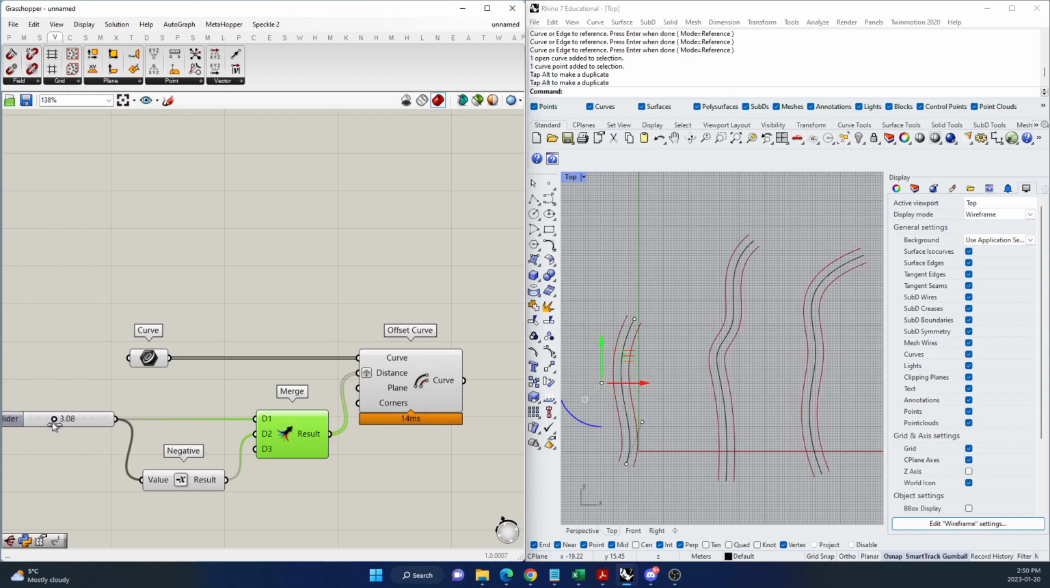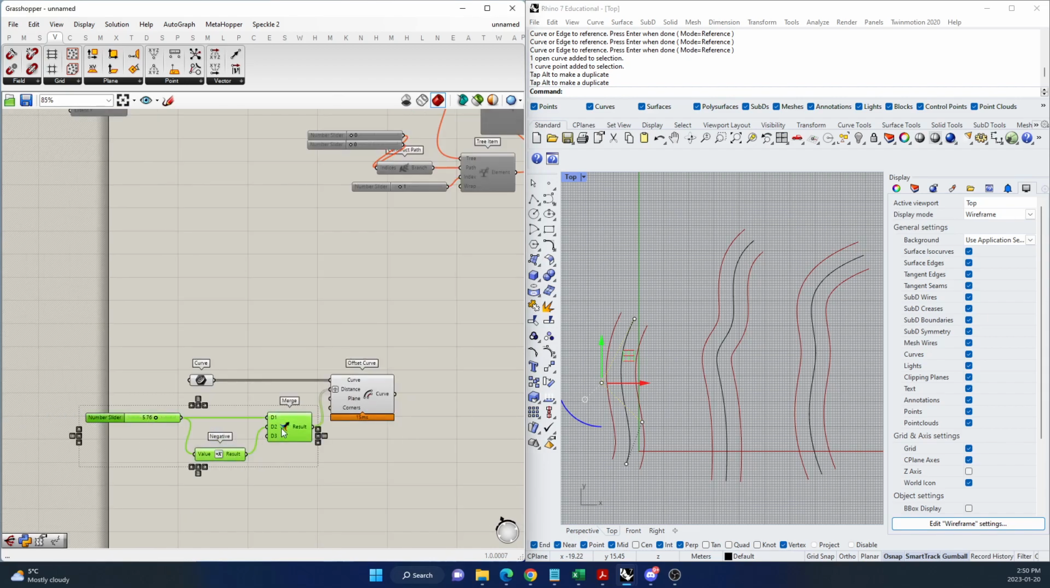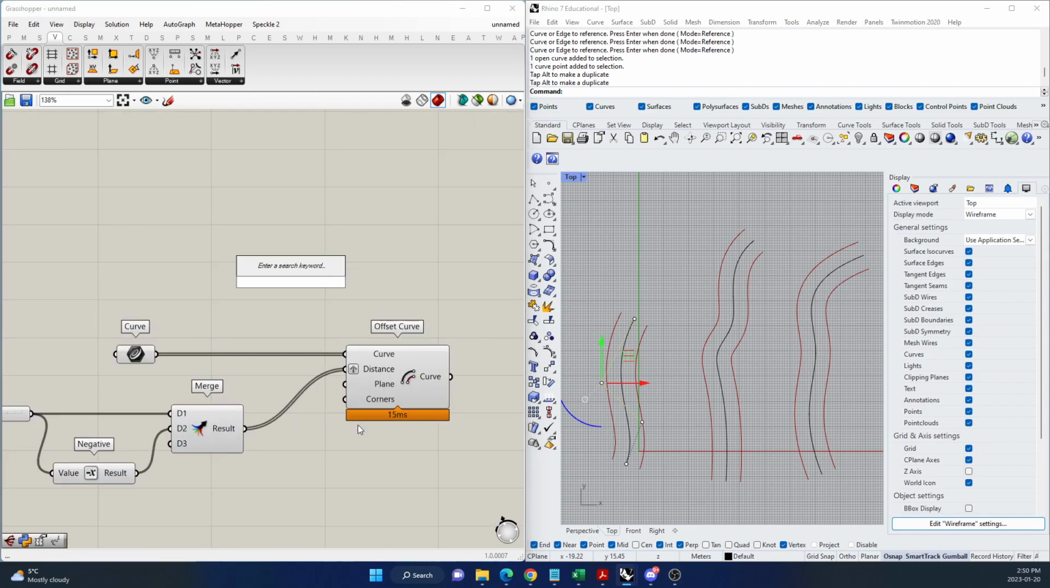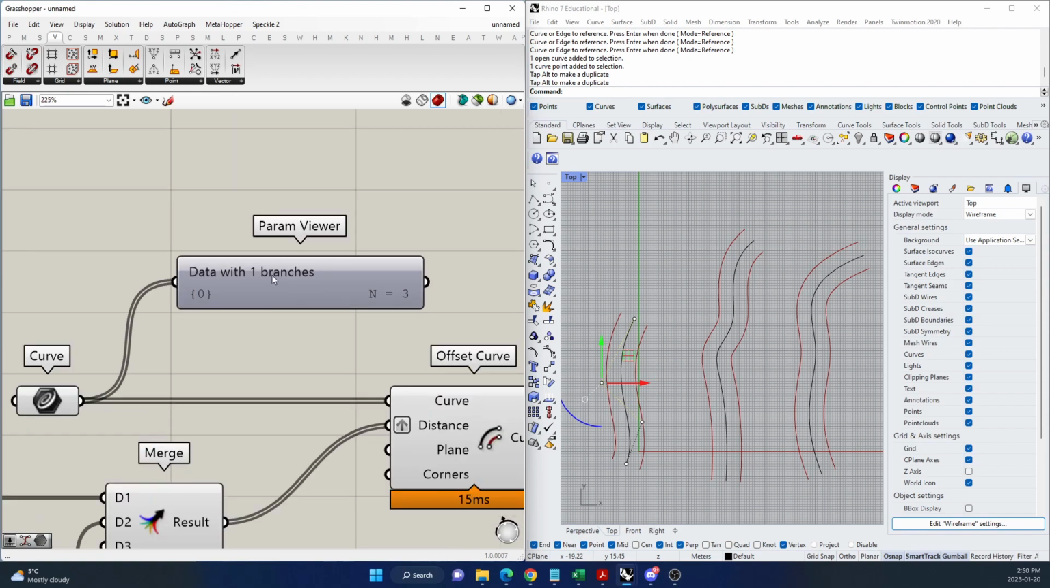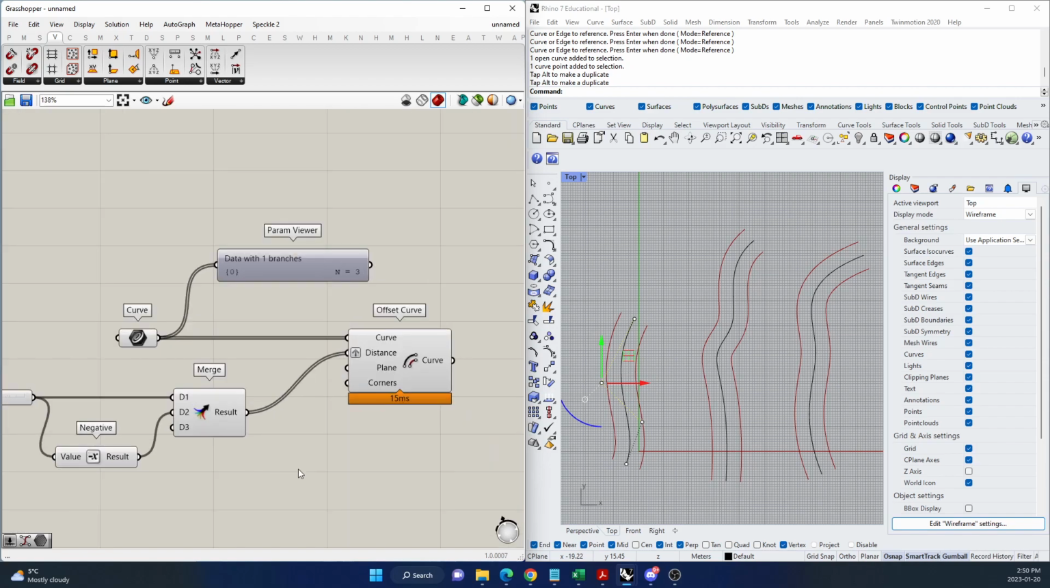See? Just by putting this into a data tree. So let's look at some param viewers here and try to understand this. Let's put the curve in here. See, it's got one branch with three numbers in it because it's just flat. It's just three curves. And then merge